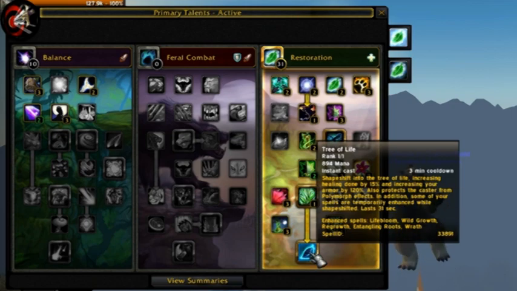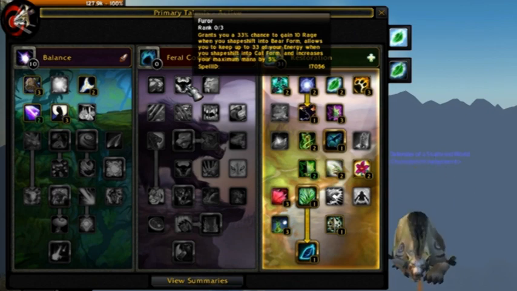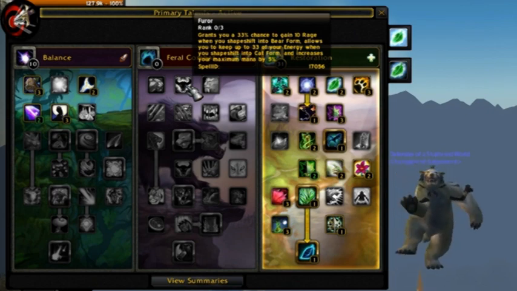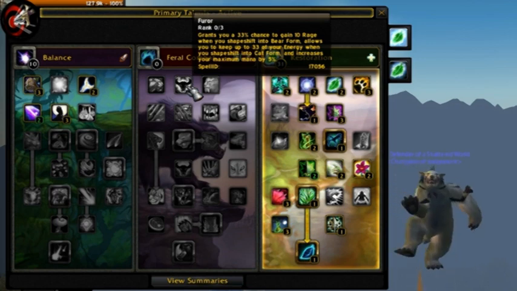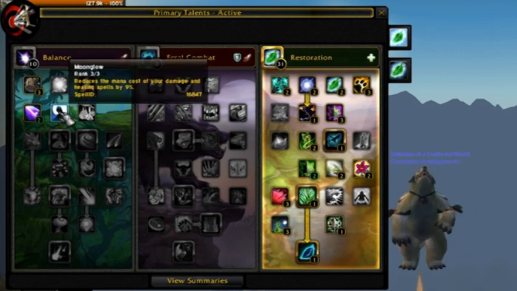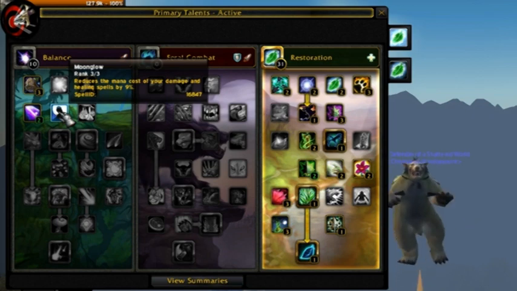What I see a lot of people do is they put their 3 points here in Furor. This looks really nice on paper because it gives you 5% of your maximum mana, but really where you want those points is right here in Moonglow, because it reduces the mana cost of your damage and healing spells by 9%. Every single spell is 9% less expensive. Over time, this one is going to keep your mana fuller, and you're going to have a much better time